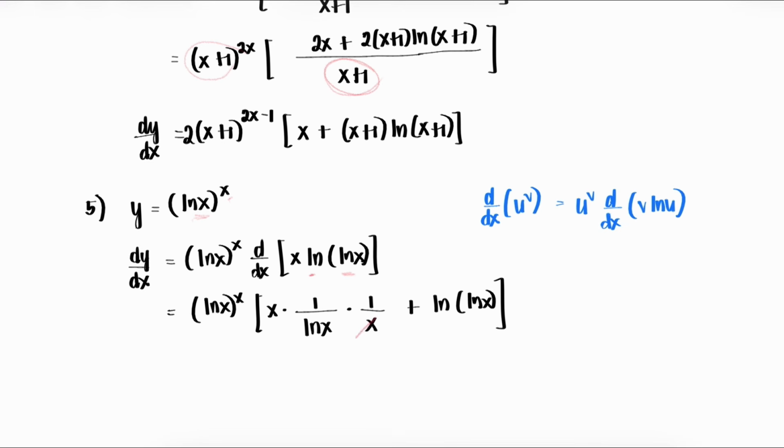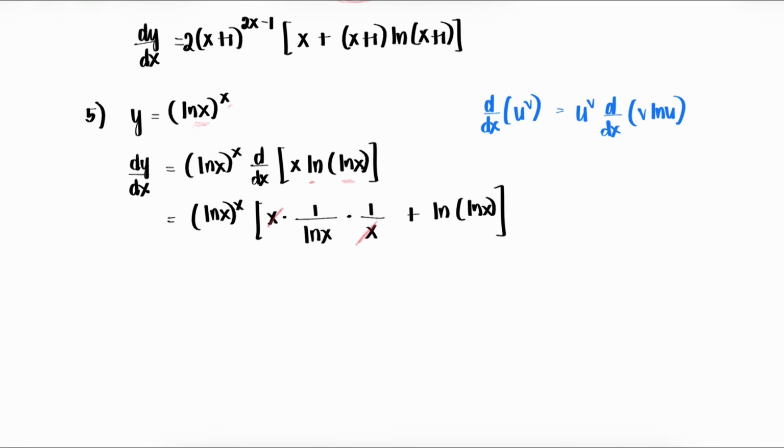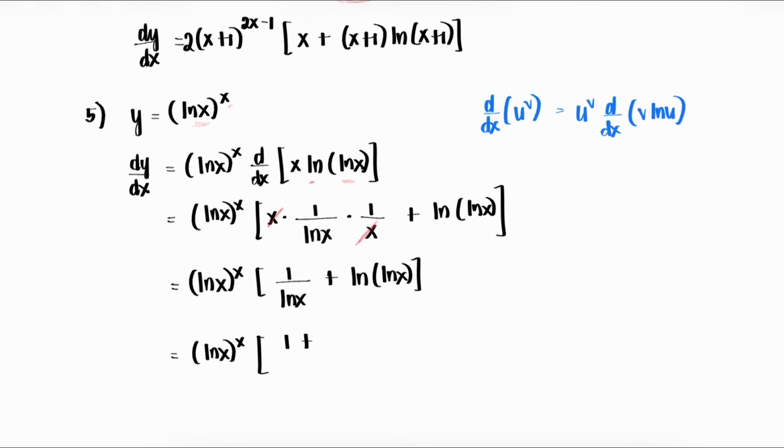So we can just cancel x right here. So that's ln of x to the power of x times 1 over ln of x plus the ln of ln x. So we can just again combine this, ln of x to the power of x times 1 plus